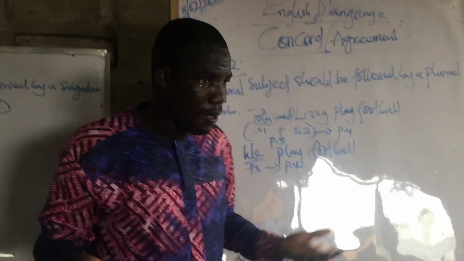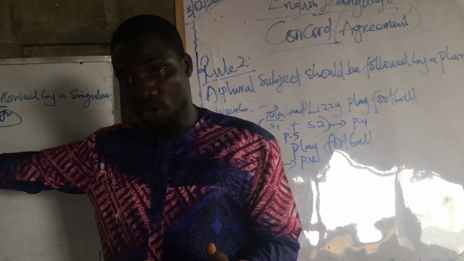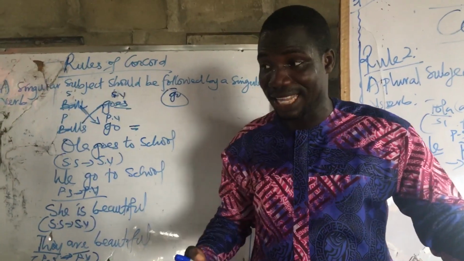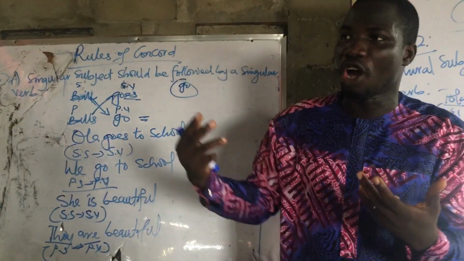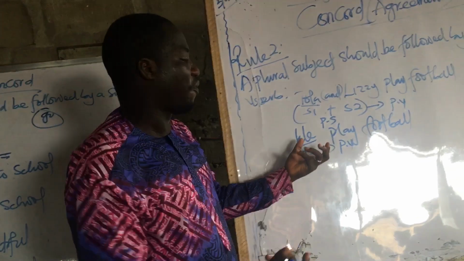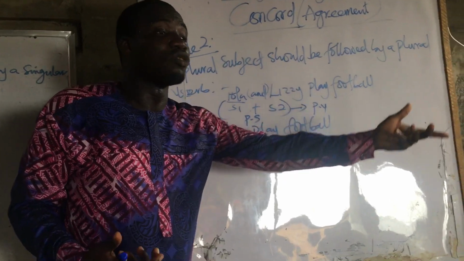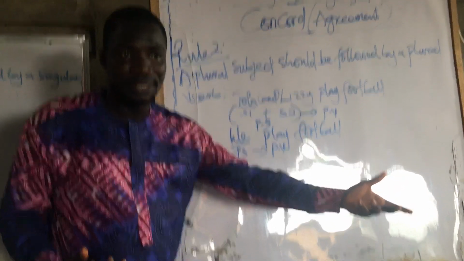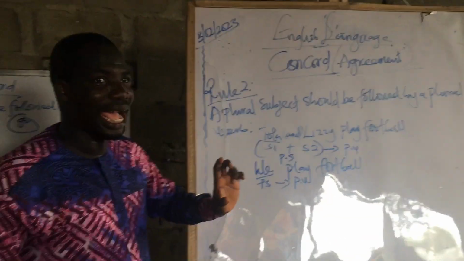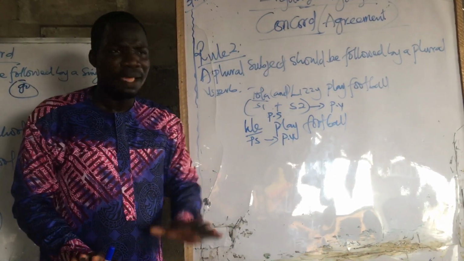That's grammatically wrong. Neither do you say Ola play football, because Ola is just a singular subject and play in that sentence is plural. So it's like you coming with a singular subject and a plural verb. That will be wrong. And it will also be wrong for you to have a plural subject and a singular verb. Do you understand? So that is that for rule 1 and rule 2. Now that we have this, there is an exception.